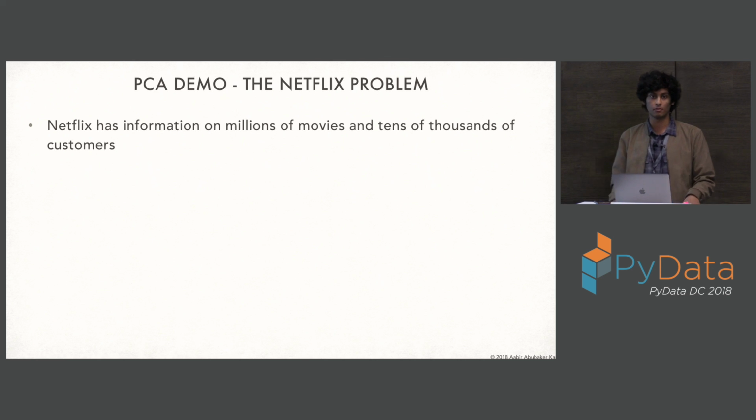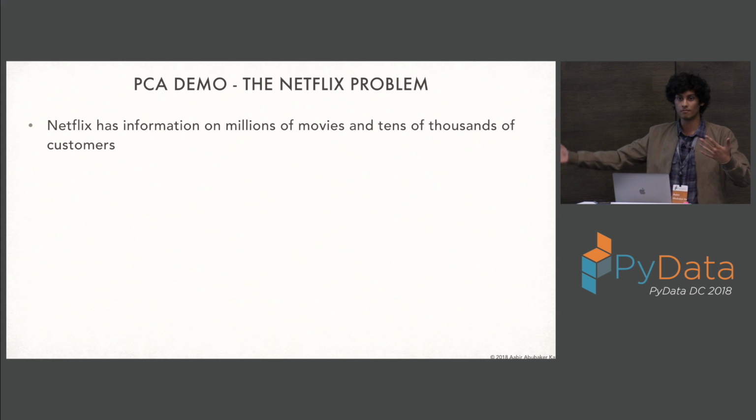So the Netflix problem that I'm going to talk about today is basically a data set of customers and what movies they might have watched. So each row is a customer, and each column is a film. And if the customer has seen that film and rated it, then the number in there is the rating that they gave it. And if they haven't seen it, there's just a 0. So I used normalization to bring this center to 0, while also keeping the films that haven't been seen at 0. So that clearly doesn't change anything.